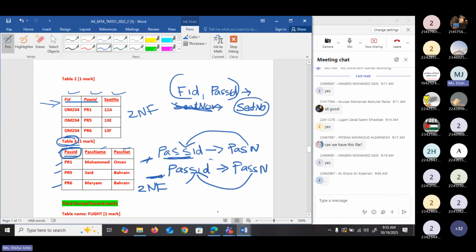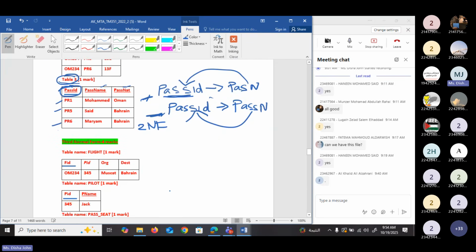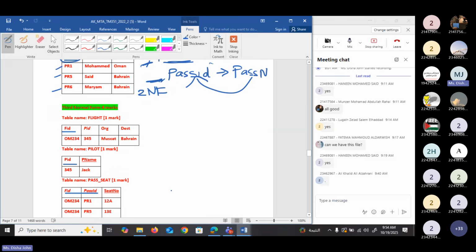Ali, you put a dot. What does it mean? Did you understand or not understand? Or maybe you put it earlier, not now. So nobody typed no, so I hope you all understood. No problem. Just revise, and if you cannot understand, you can ask me in the next support session. Okay.